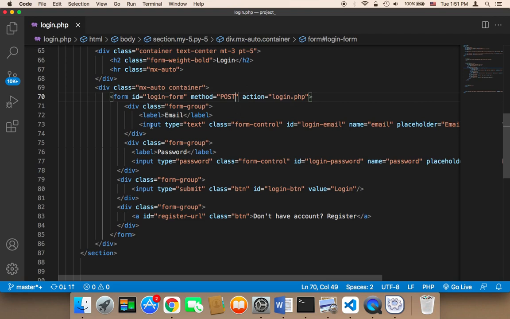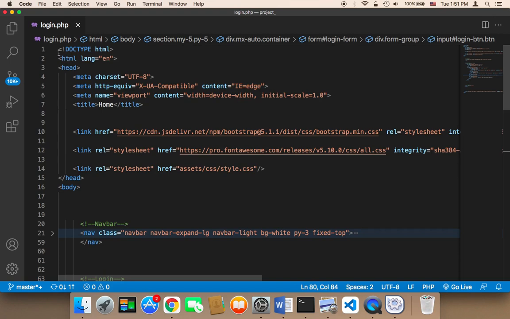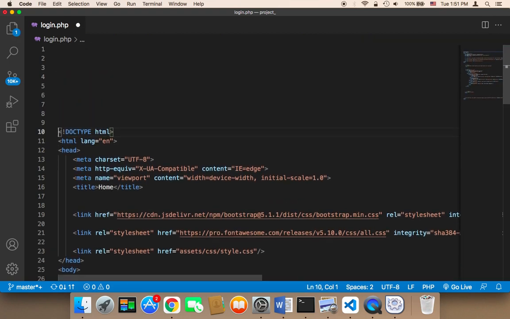And let's work on the logic. But before I work on the logic, we need to give this button, this input, a name. So I'm going to say here name, and the name is going to be login_btn. Now at the top, we need to add the PHP code that's going to check and process the login